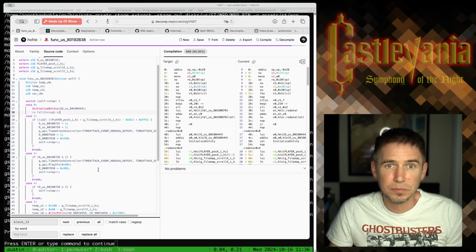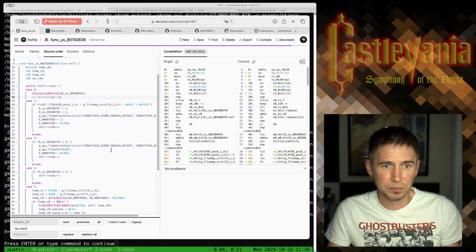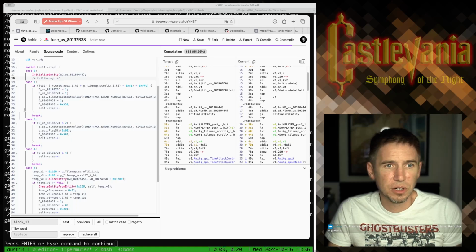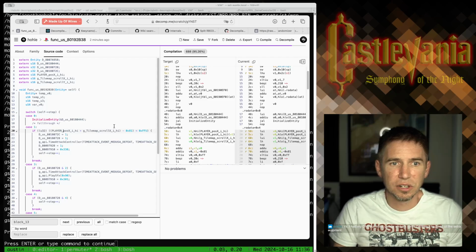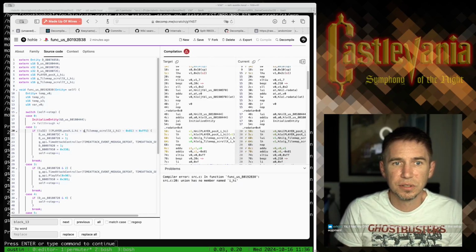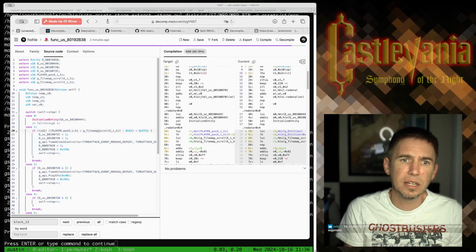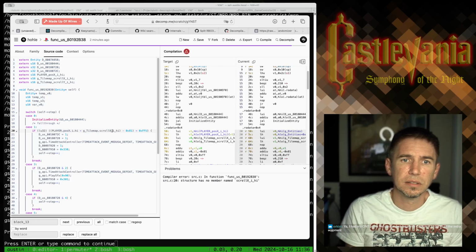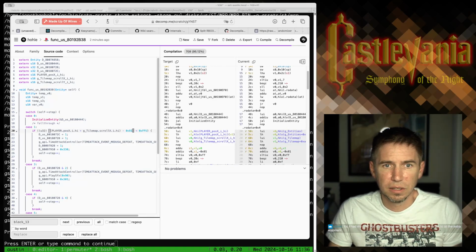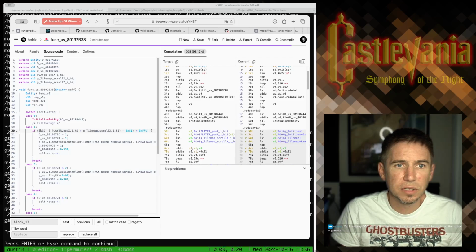We'll get there though. All right, so let's see where we are. Let's look at what some of the issues are that we're running into. The R in this column means that we have register differences. So somewhere around line 20. I didn't fix these. These are also struct access, which might fix our register issues here. Tile map, is that? And there's some additional